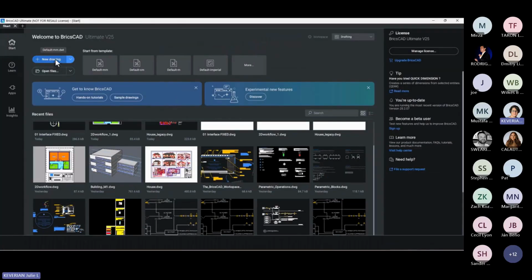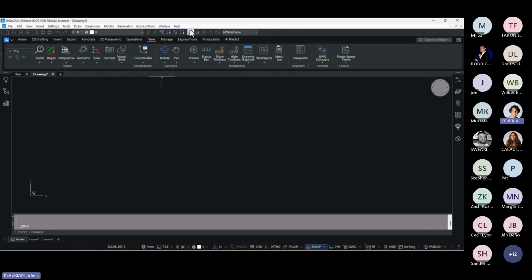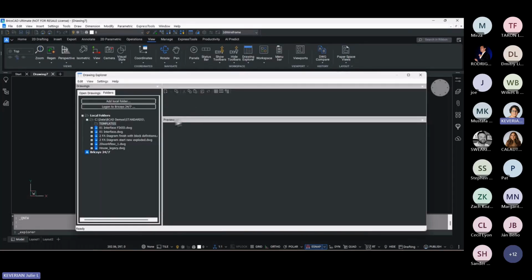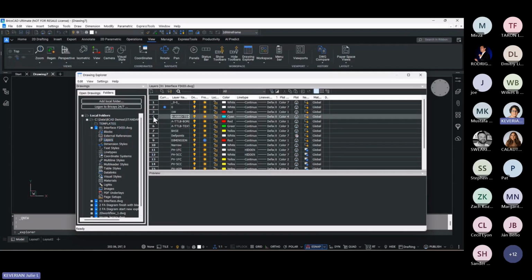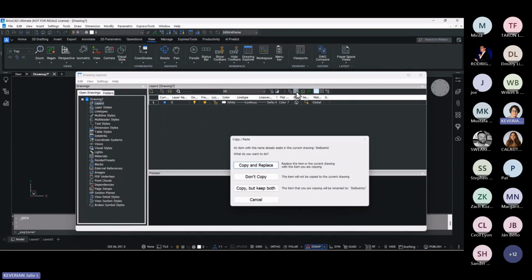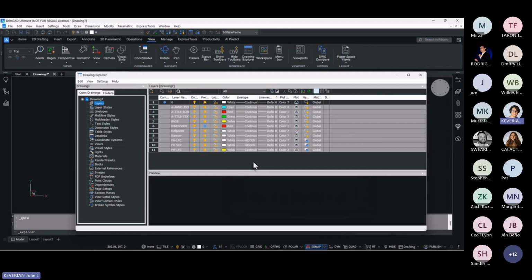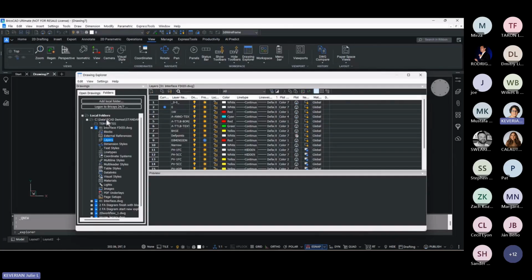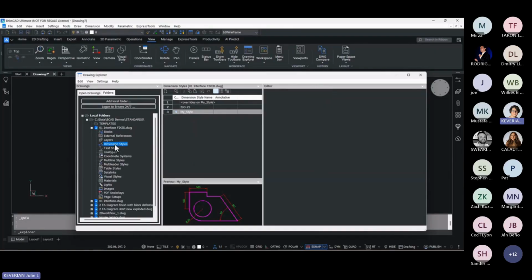Start by creating a new drawing based on an existing template, and then simply copy over styles and content from your library into that new drawing, again by heading over to the Drawing Explorer. Copy content from your source drawings into that new file. Now, we didn't talk much about layers, but layers can be managed and therefore copied via the Drawing Explorer. Then go down the list. Copy your text styles, dimension styles, line types, leaders, table styles, page setups, anything else that you think is necessary